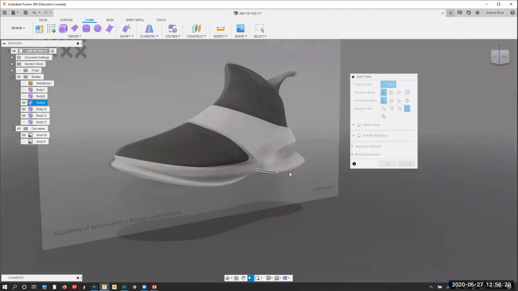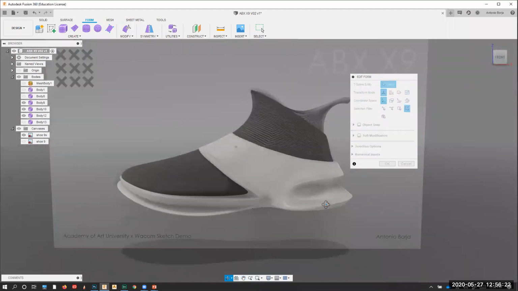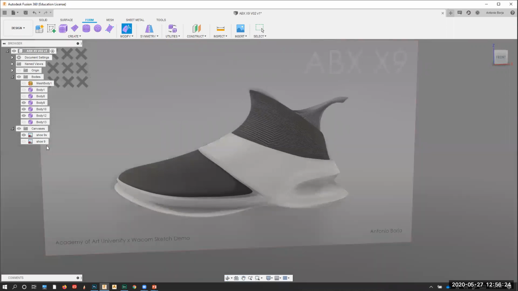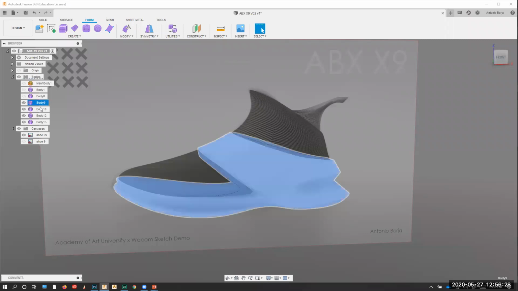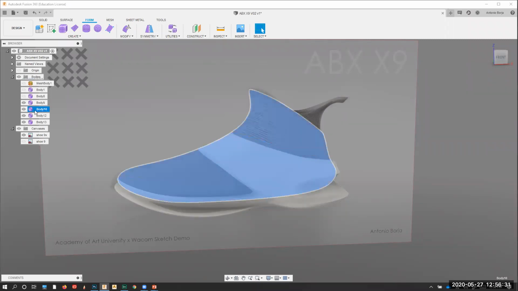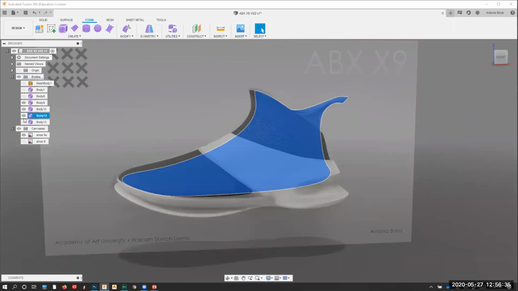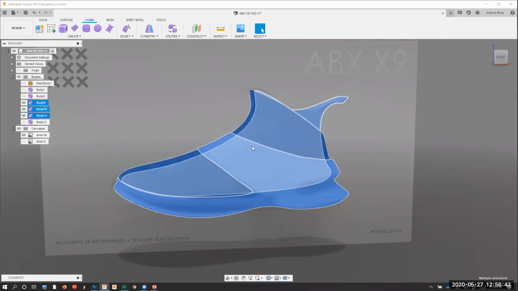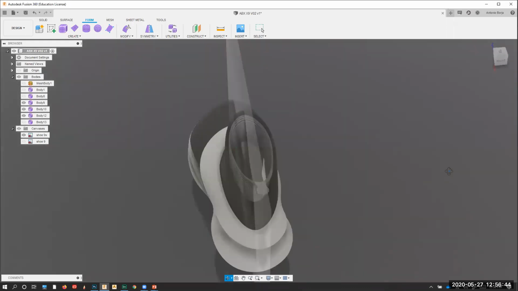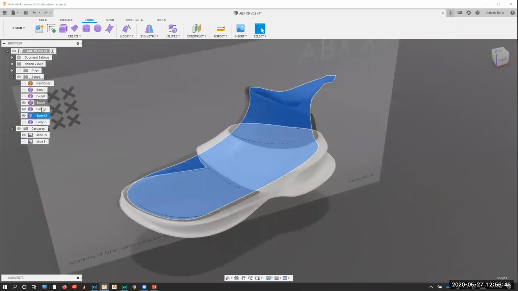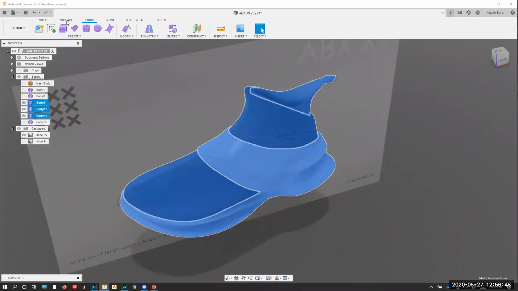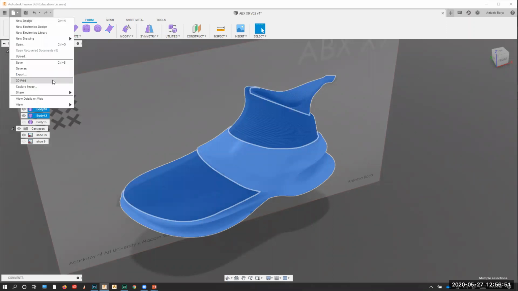then at that point, we're able to select the bodies that we have here. So in this case, it's this guy. It's our inner liner. And then once we have those bodies, then basically here what we do is we'll go to